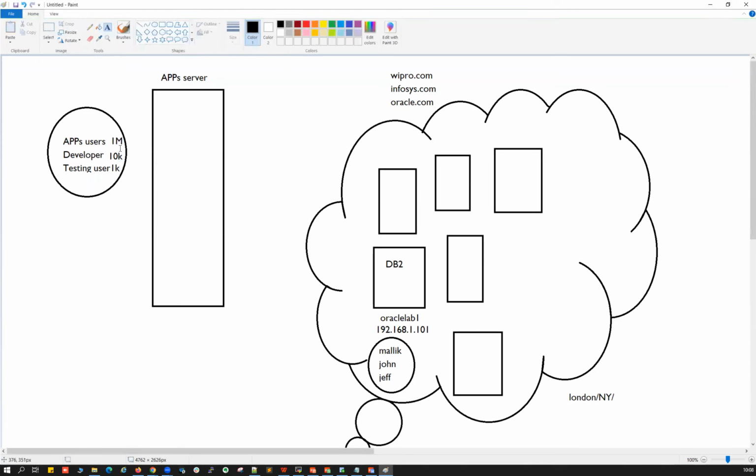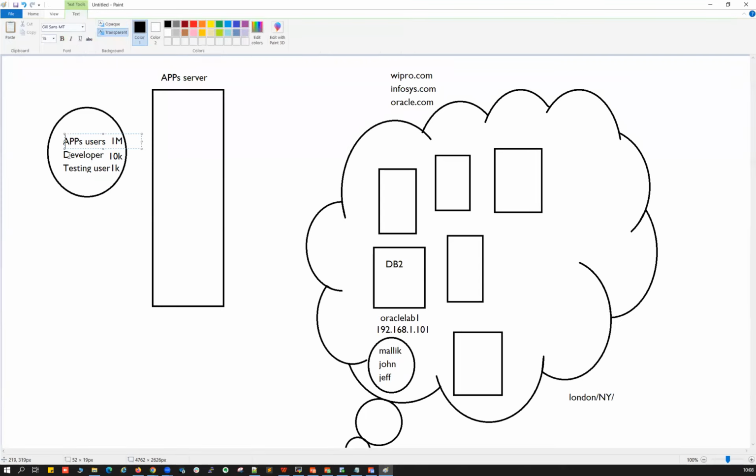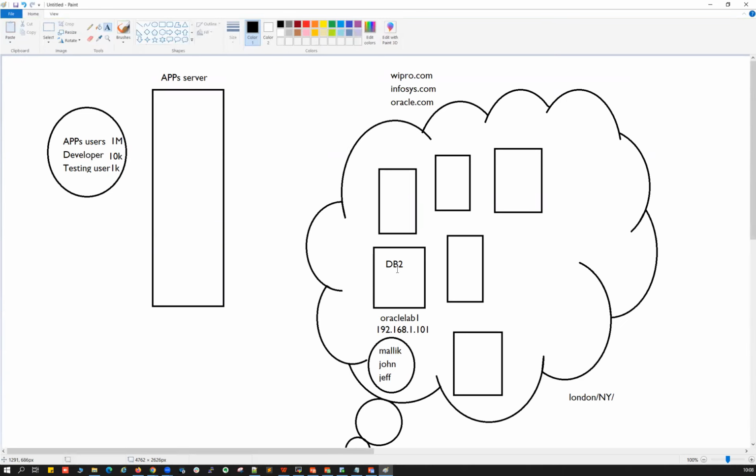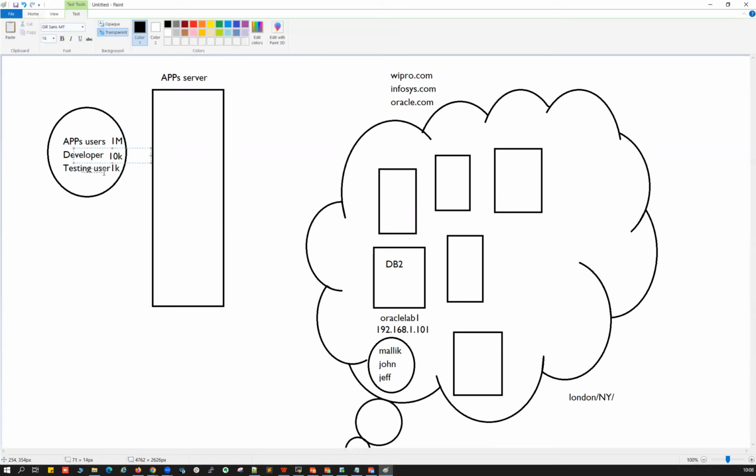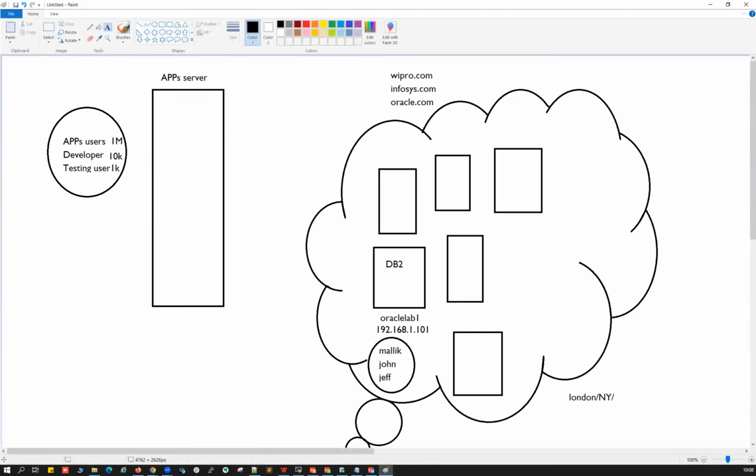Is your Linux admin going to create this many users to access the database? No, right? It does not make any sense. Why should your Linux admin create apps users, developers or testing users inside my Linux server? For application users, developers, testing users, they just need database access.